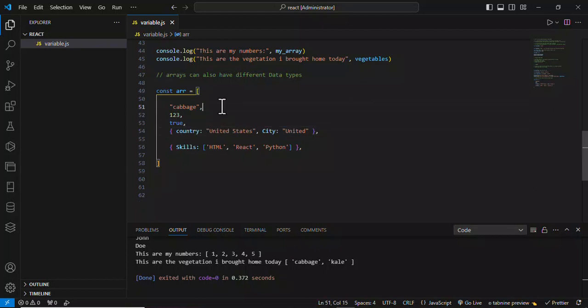So we have this array that contains cabbage as a string, 1 to 3 as numbers or integers, and then a boolean. It also contains a dictionary containing my location, and another dictionary. Inside that dictionary, we have an array containing my skills. You can also create another array here containing maybe your experience, something like that. And then if you want to console this one, as usual,